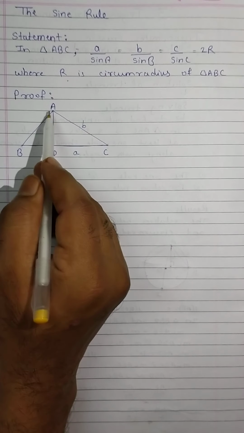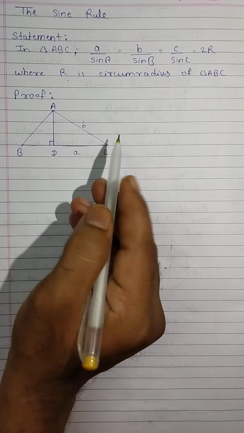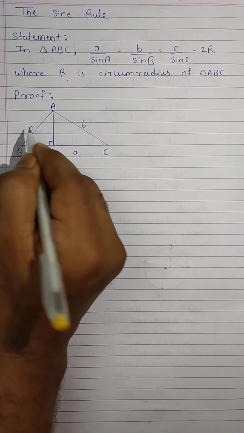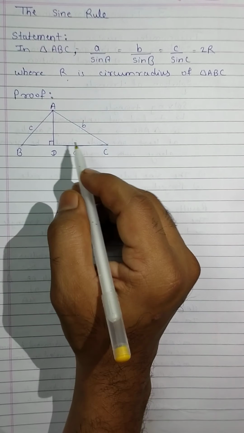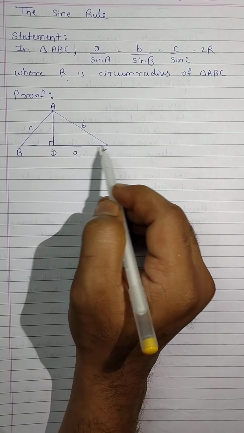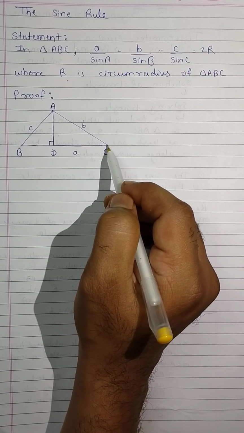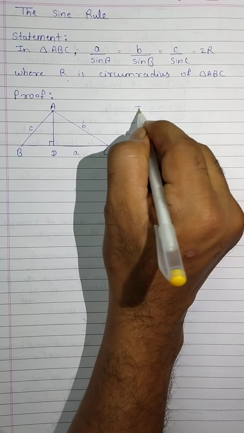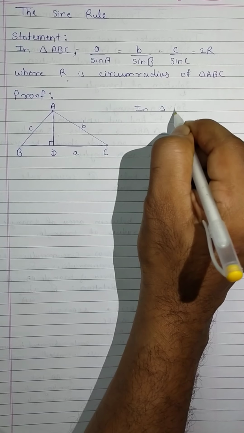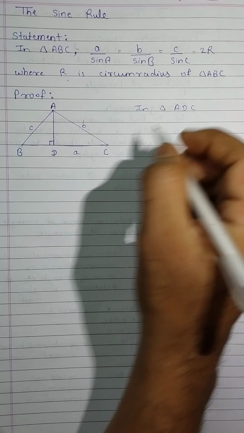And length of AB, which is opposite to vertex C, is small c. Now consider in this triangle ADC, for this angle C,